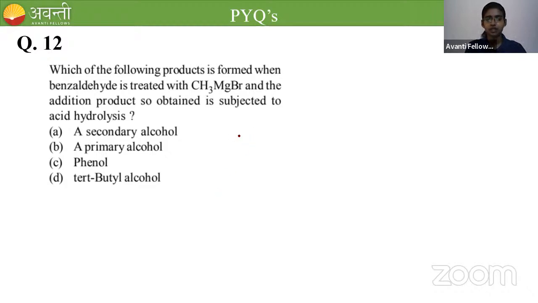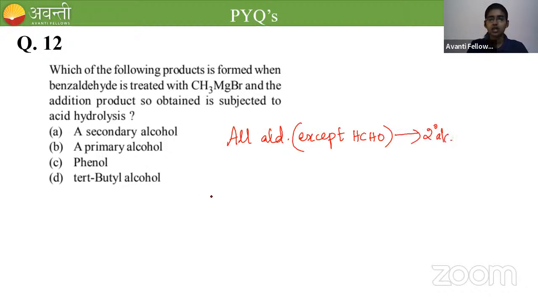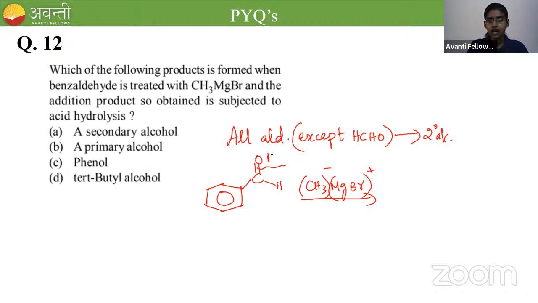Okay, let's discuss. So all aldehydes except formaldehyde, that is except methanal, give secondary alcohol. This is the concept. All aldehydes means benzaldehyde also comes under it. So this is the benzaldehyde, C6H5CHO, treated with CH3MgBr. Now how do we add this Grignard reagent to it? This is the negative part and this is the positive part. Break the bond, add MgBr to oxygen and CH3 to the carbon. So you will arrive at an intermediate,